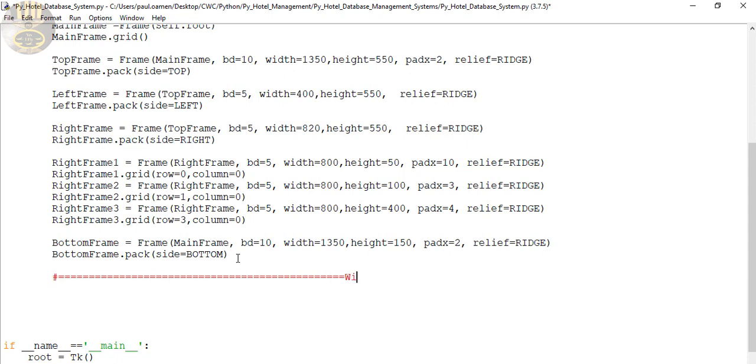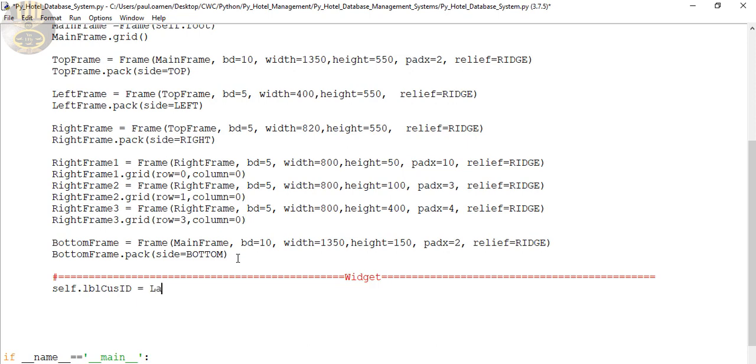So let's just enter widget here, and there I'm going to call that label, let's say self dot lbl customer ID equals label, and this very label is going to be right inside left frame. Paste that in there, and comma,